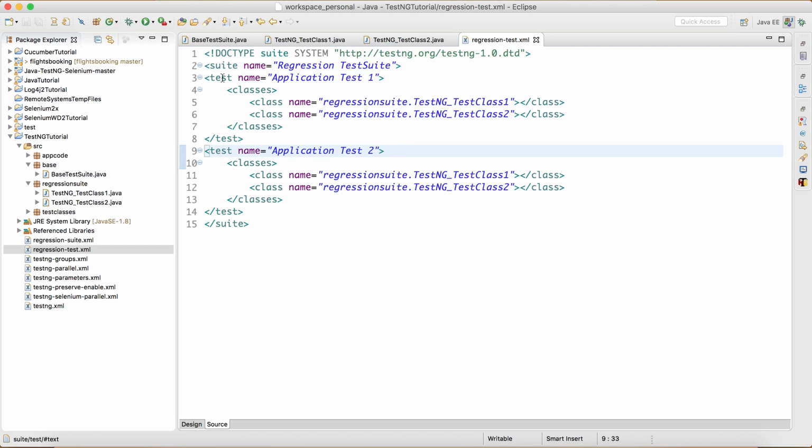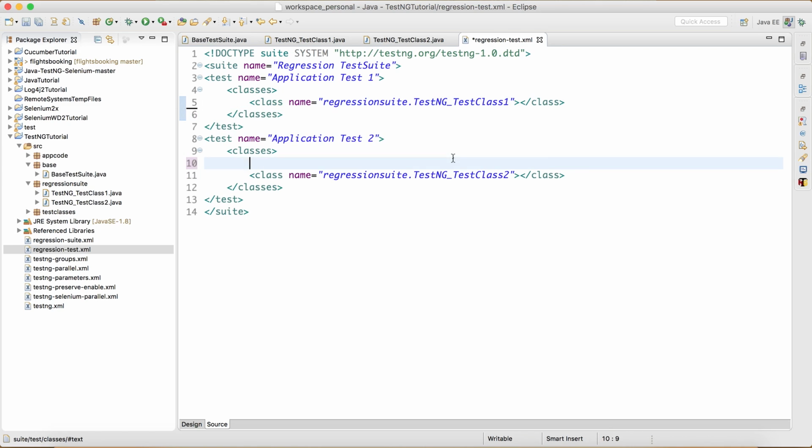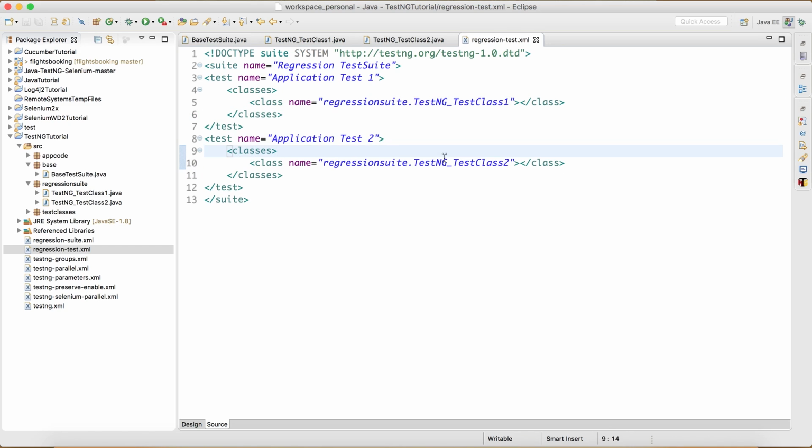So now we have two test tags here, and we have two test classes inside each test tag, and it's not necessary to have the same classes. I'm just copying it the same here. I can actually remove the first one from this tag and the second one from here. It depends on our configuration. Usually we will have different tests for different configurations. Most likely we may run the same test classes in both test tags depending on different configurations. We might have different classes in different test tags also.